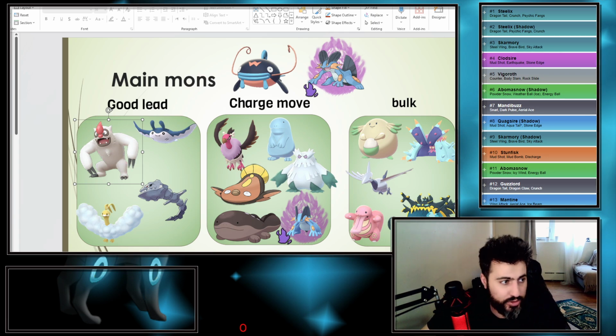But according to PvPoke, as we can see here, Steelix is number 1, Skarmory is number 2, Clodsire is number 3, Vigoroth is number 5. I mean, we have 2 Steelix, right? Obstagoon, if you have the Shadow one, it's number 6, Mandibuzz, Quagsire, Skarmory Shadow, Stunfisk, Unnerve, and Stunfisk, the ground electric one. Guzzlord and Mantine. Those are the top 13 on PvPoke, but there are some Pokemons that aren't mentioned on the PvPoke ranking,